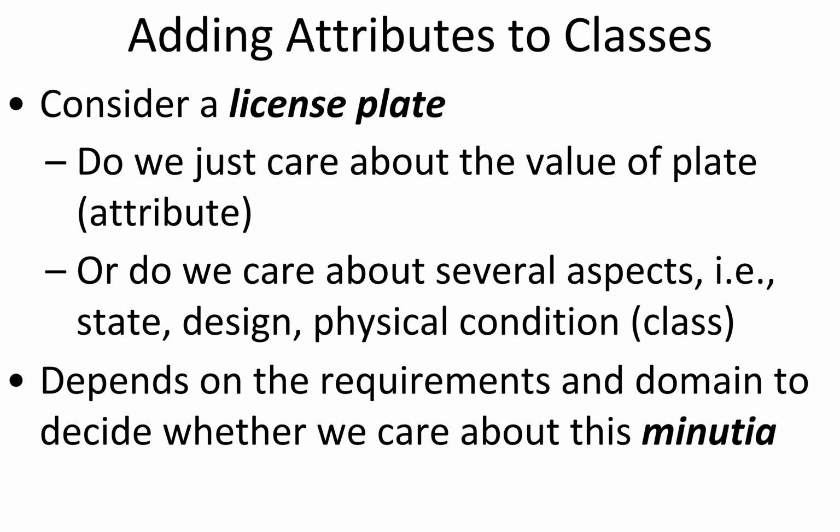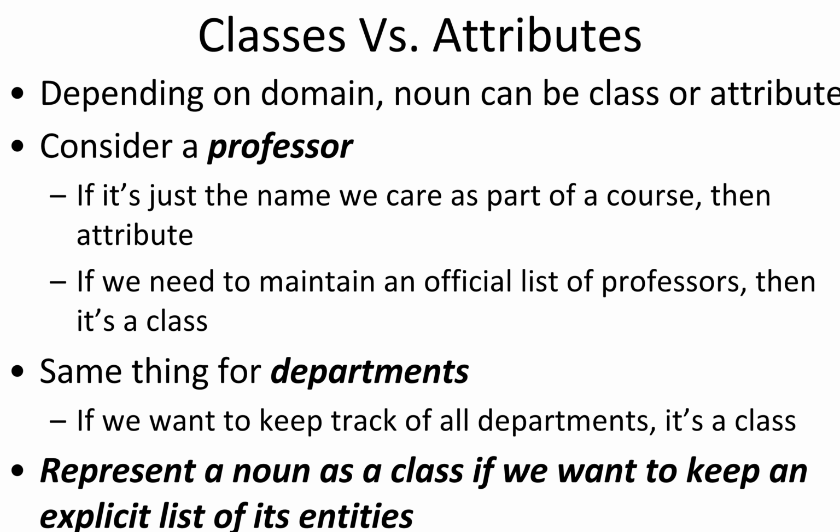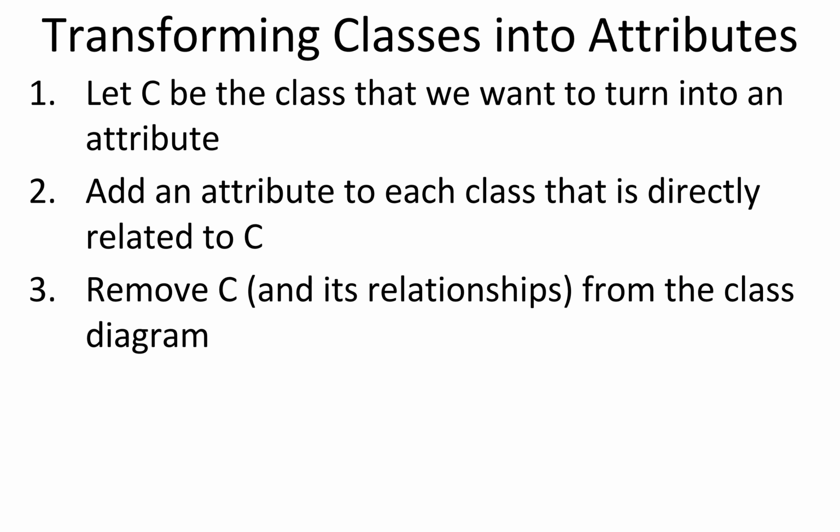So minutia on the license plate. How much do you want to model for the license plate? What kind of granularity? And revisit your data model on how much you want to capture about the departments, the professors, and whatnot. Okay. So to transform classes into attributes, there might be several classes that you might be considering